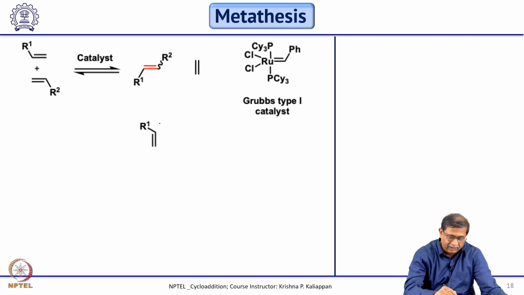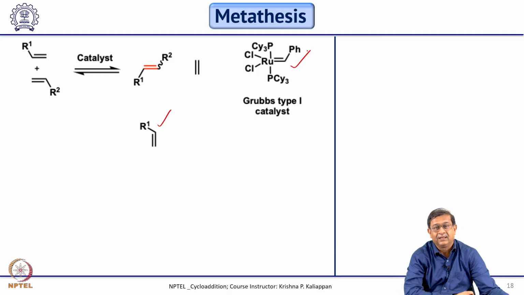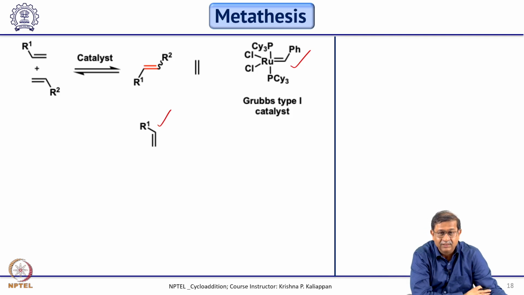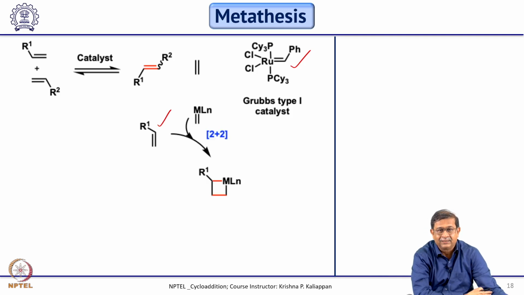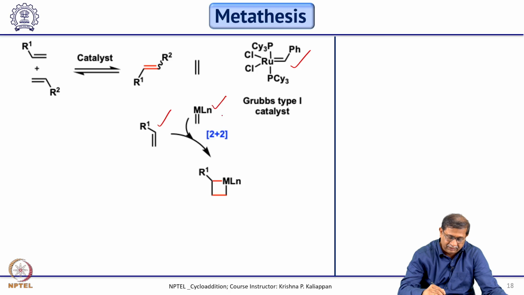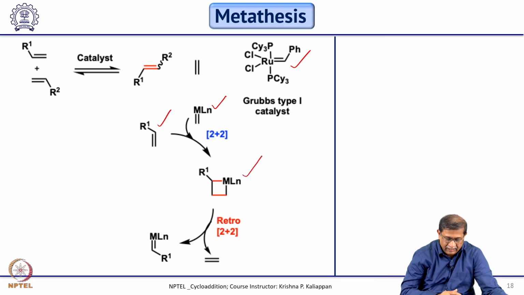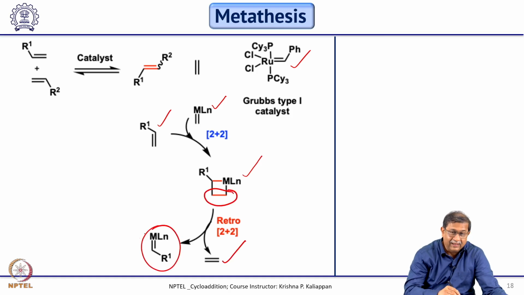For example, if you take an alkene and treat it with various catalysts, Grubbs 1, Grubbs 2, Grubbs 3, Hoveyda, there are many catalysts known in the literature. Now if you treat with this carbene, it forms this metallocyclobutane through 2+2 cycloaddition, followed by retro 2+2 where ethylene is eliminated,